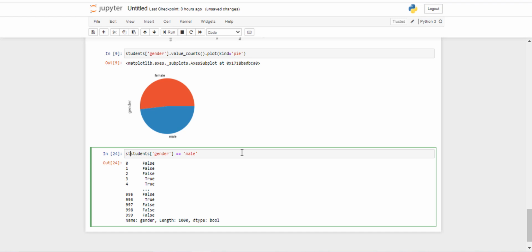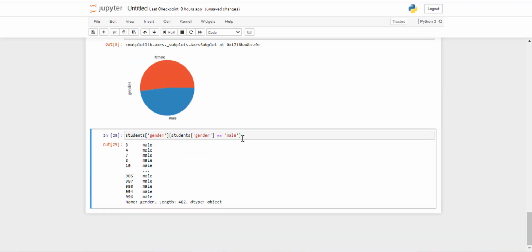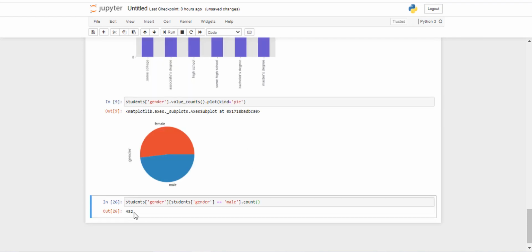And we're going to turn this into a mask. So basically we're going to say students, and we're going to again call gender, and we're going to pass this particular array, and basically it is only going to return those occurrences whenever this happens to be true. So it is going to return the third and the fourth row. So let's see how it looks, and then we can use the function count. So basically we're just going to say count, and then we will have the number of males in this particular array. So we are going to call this object male,